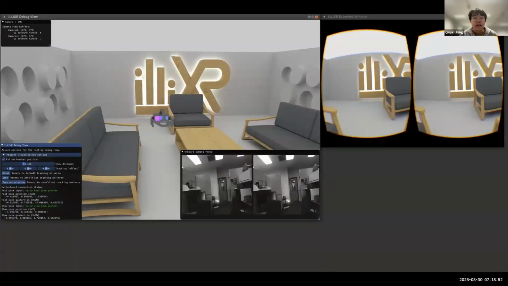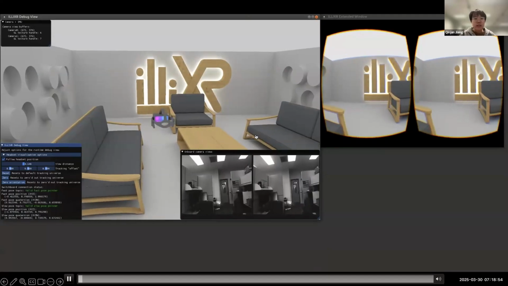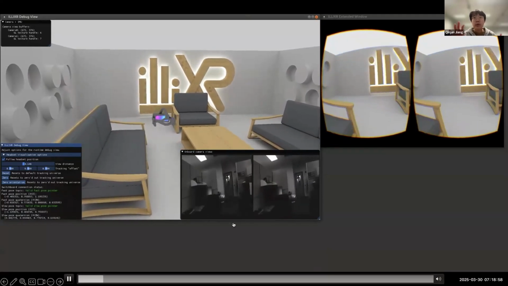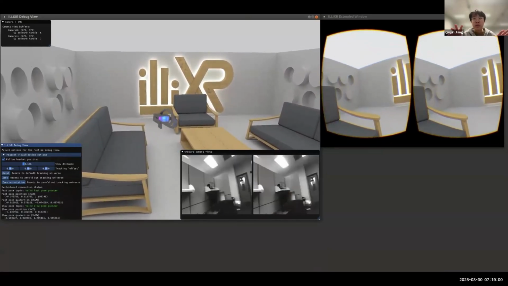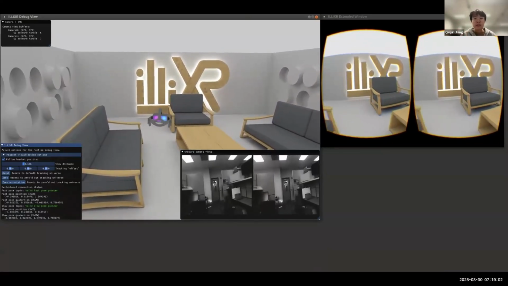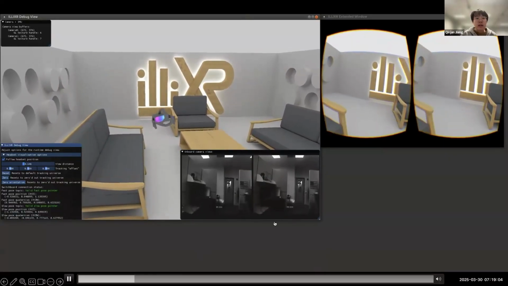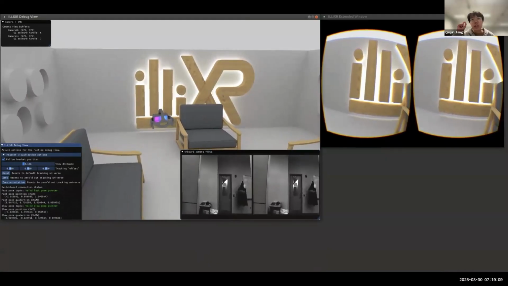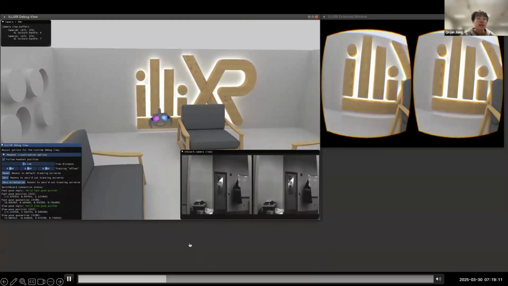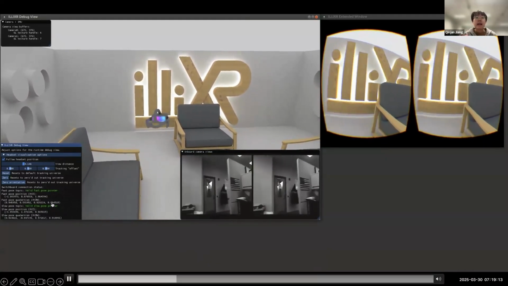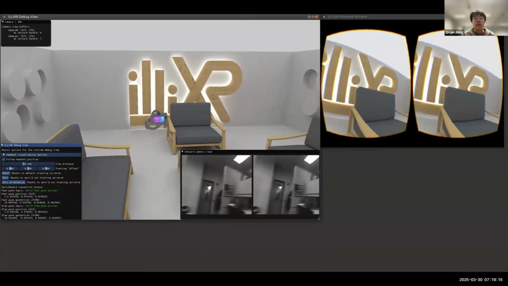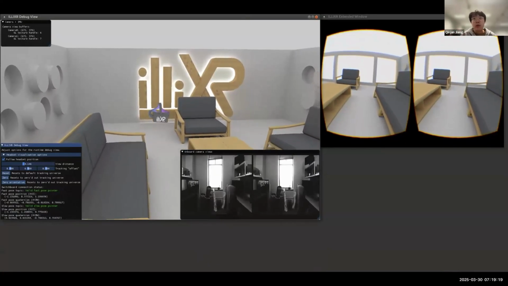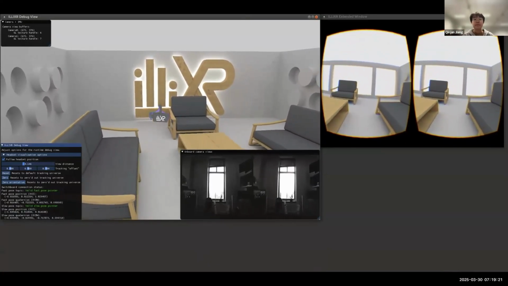Here's another demo showing the development interface of ILLIXR. In the middle, you can see a stereo camera frame showing what the camera captures about the user's surroundings. On the left and on the right, you can see the third-person view and first-person view of what the user actually sees through the headset. Now on the bottom left, you can see a debug window, which shows all kinds of useful information that you can use to learn about the performance and characterize your system.